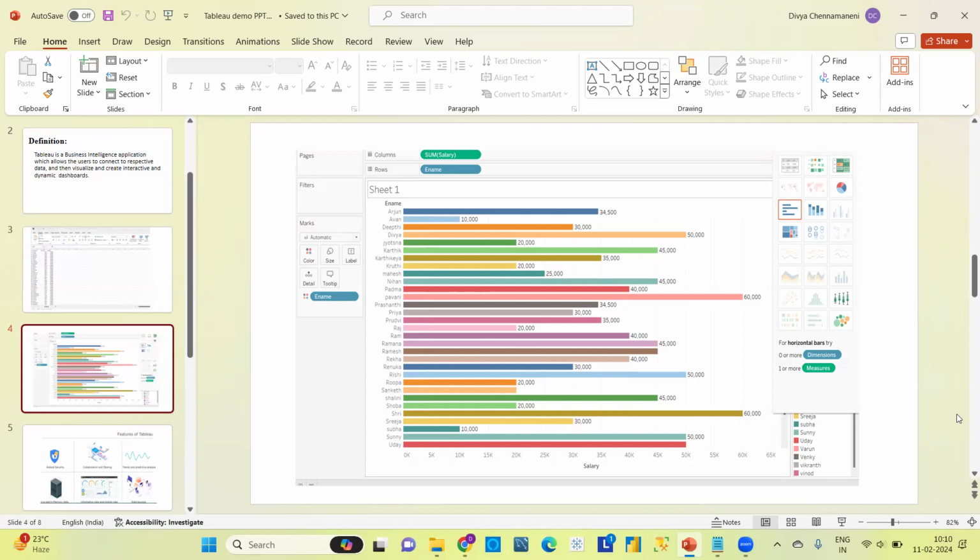Like, is their business facing any profits or losses? If they are facing any loss, what is the reason behind the loss? And what measures should they take to increase the profits, correct? They need to analyze everything in detail and understand how to improve their business. So here comes the picture of data visualization tools.